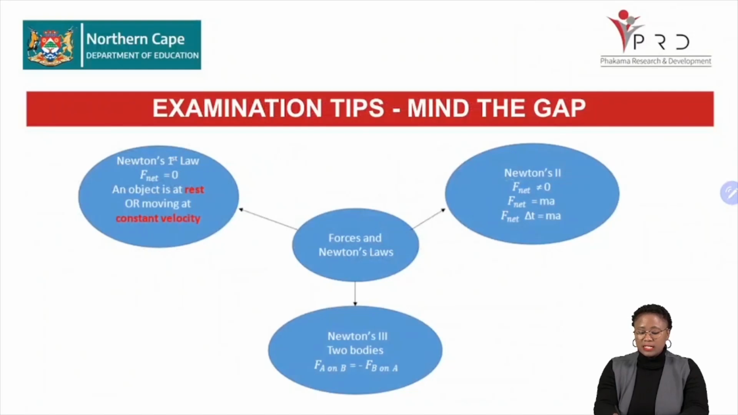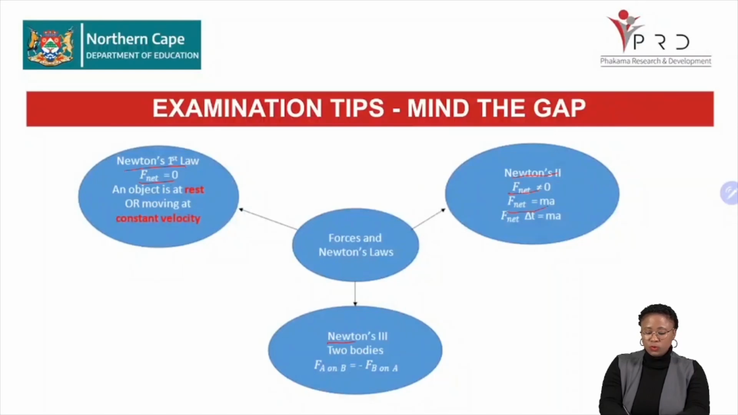We've already said that you need to know about Newton's first law. What is it that must come into your mind? You must remember that F net is equal to 0. And here we are dealing with an object at rest or moving at constant velocity. Newton's second law, we know that F net is not equal to 0. And we use F net is equal to ma to calculate our net force or calculate the mass or the